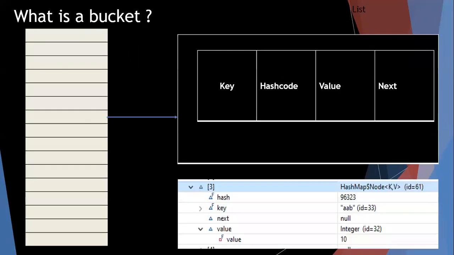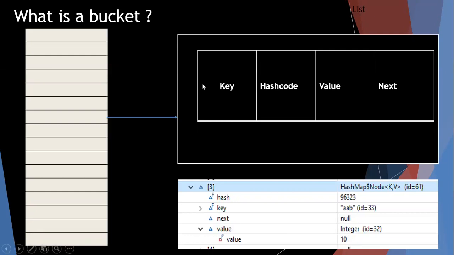Each bucket is a linked list. You can see we have defined a node in the linked list here. This is a linked list node. It contains four values: key, hash code, value, and next. Key is whatever we give as the pair in the input. While creating the HashMap, we have given two types: String comma Integer.